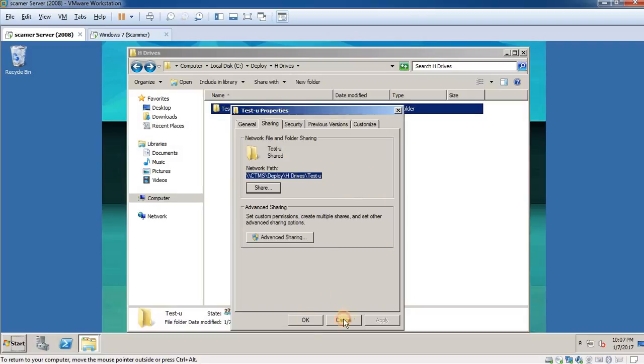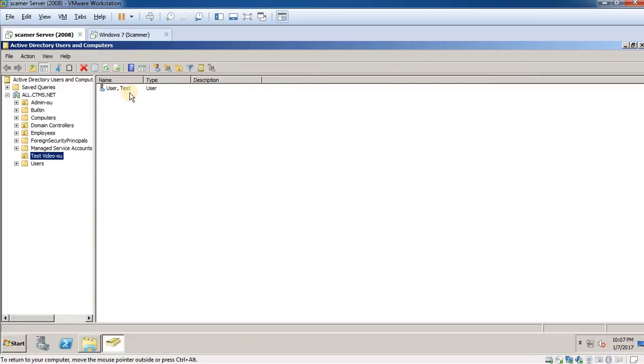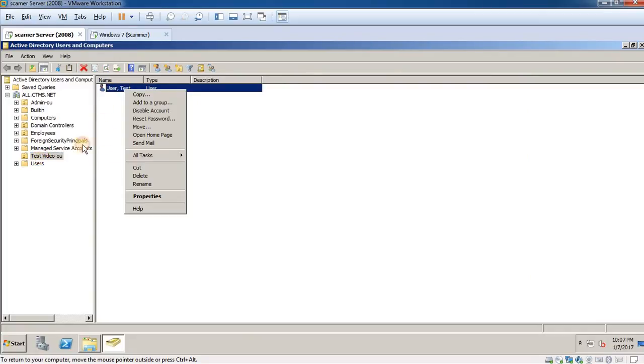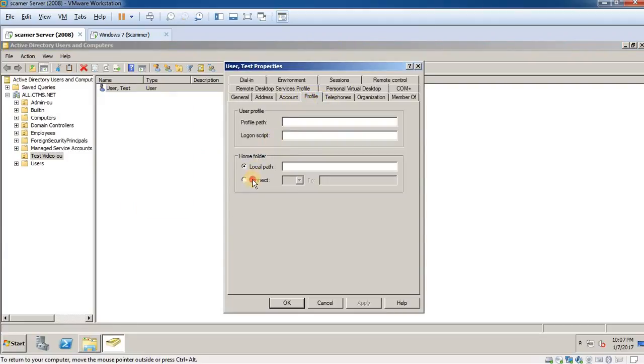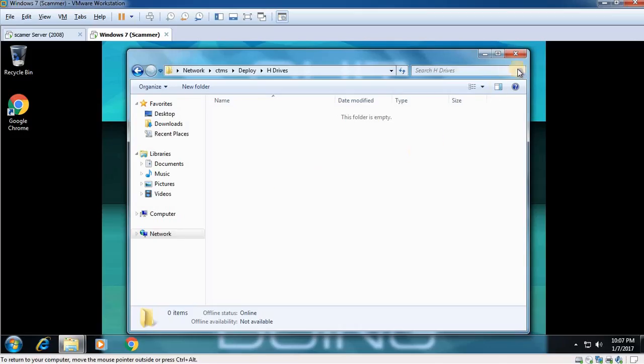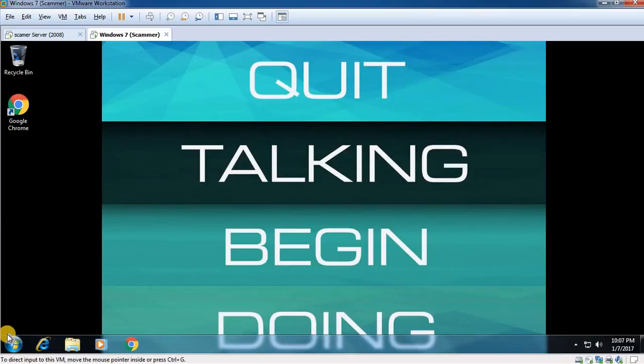Copy this, control C. Now there are two ways you can do this. You can use Active Directory, and we're going to go to the test video OU, properties, profile, connect, a certain drive letter. I just like to do drive Z because normally nothing is used in drive Z. Apply, yes, okay. Now if we log out and log back in, if group policy is applied,